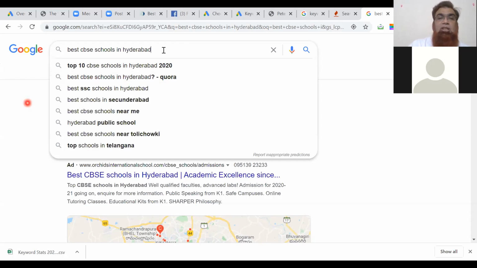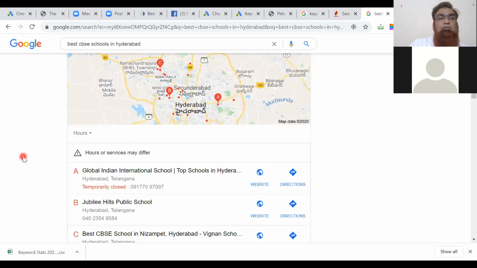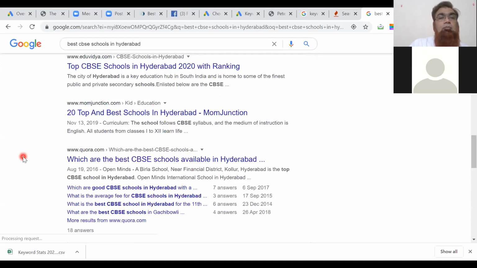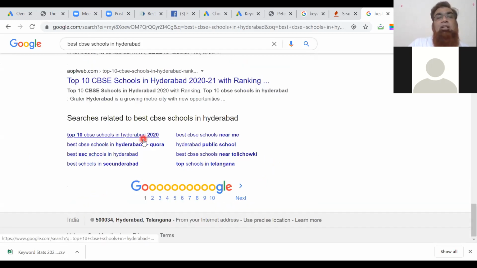Now, if I do the search, you will find a few more keywords coming at the bottom of the page, right? Top 10 CBSE schools in Hyderabad 2020, best CBSE schools near me, Hyderabad Public School, best CBSE schools near Tolichowki. So we can have various combinations.